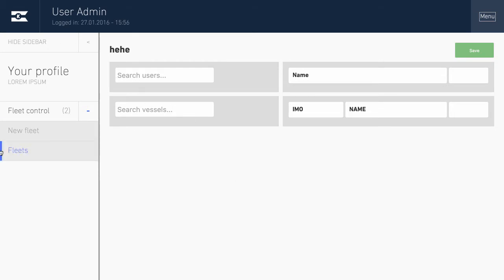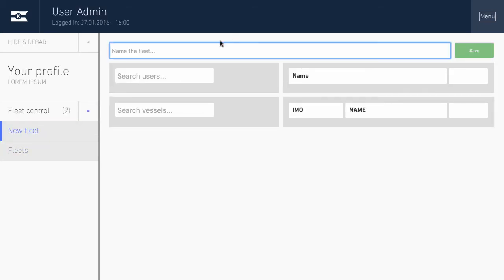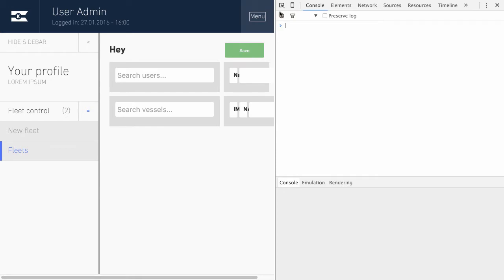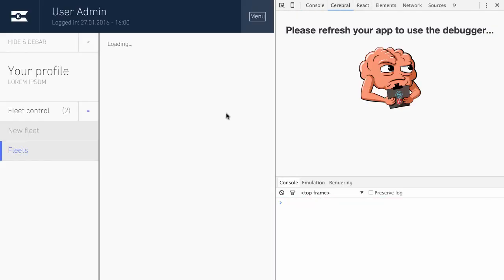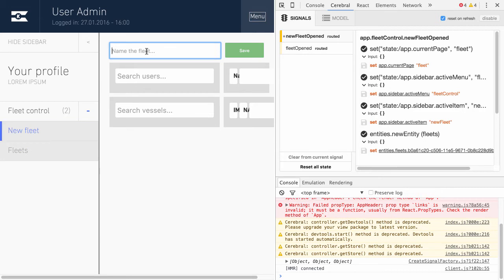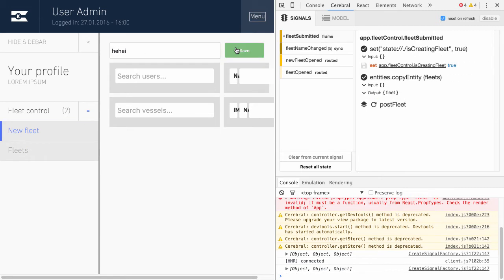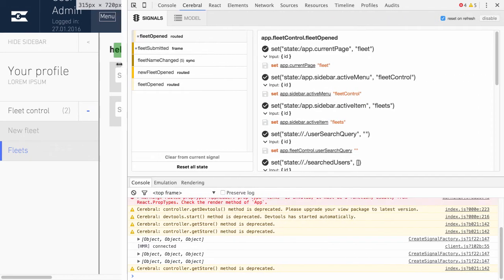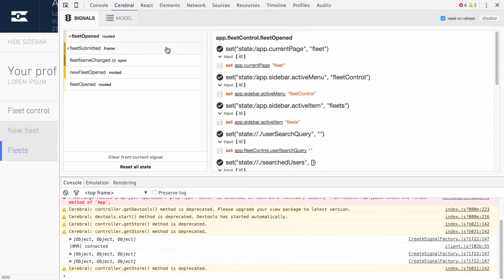So I'm working on this application here, and let's see, I can refresh. No, new fleet, there we go. And I can add something here, hey, and I can save it. And the thing is that, of course I have to refresh. Let me change something here and save it. I don't have that much room because I'm recording on a low resolution, but let's see what's happening here. Okay, so the point is,